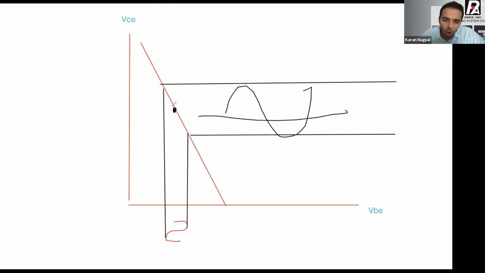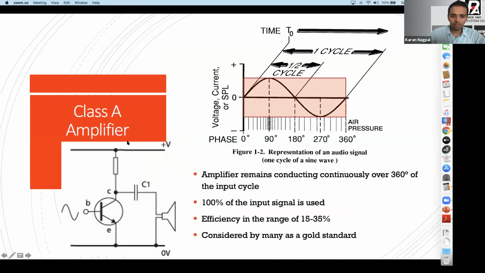So this Q point, this black point that you drew, is kind of moving continuously in a positive and negative cycle, and its position varies for different amplifier classes. Again, it's a brief. For those interested, we can discuss it separately, but I want to get back to my presentation so we don't go off center.